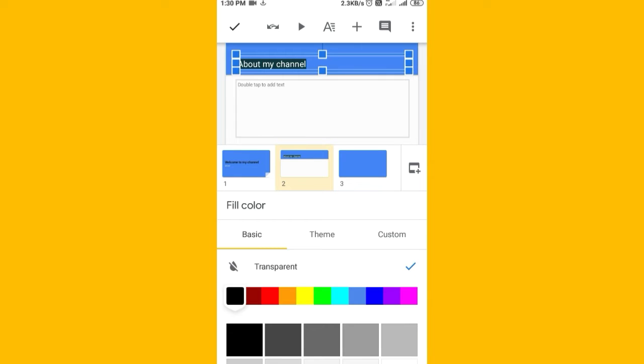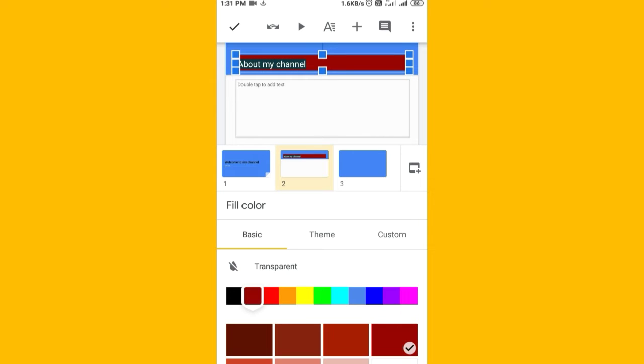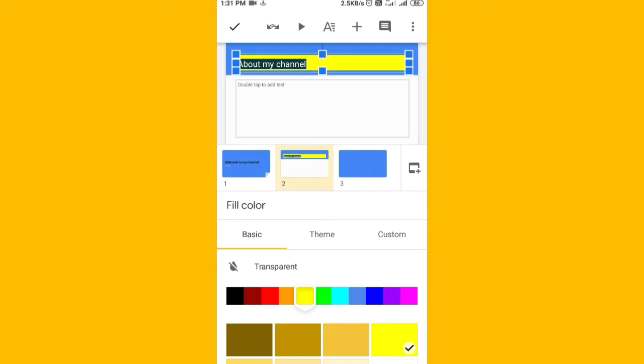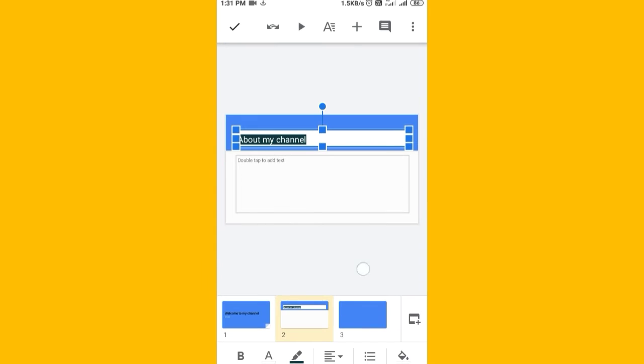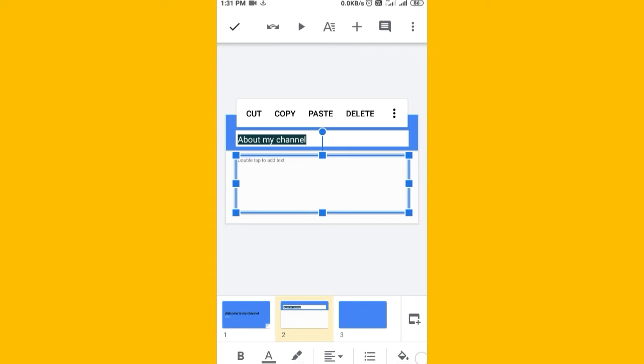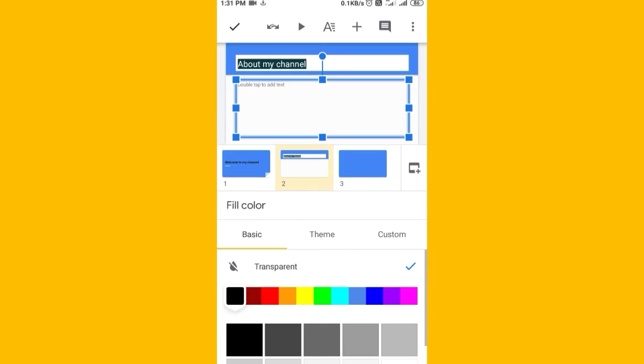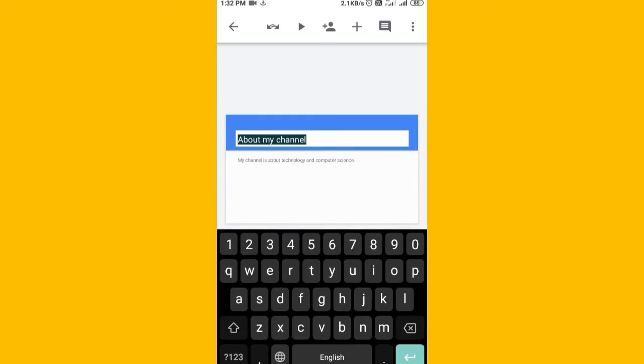Here the color that you want to fill, for example, in the whole text area that you have selected, like this or any such color that you want to choose. Like I'm choosing this white color if I want to choose. If not, then you can just skip here. So these are the options for the text, where bold, where the color, the background color, the indentations, the list if you want to create, and the last one is fill color of that text area. After that, my second slide is also completed.